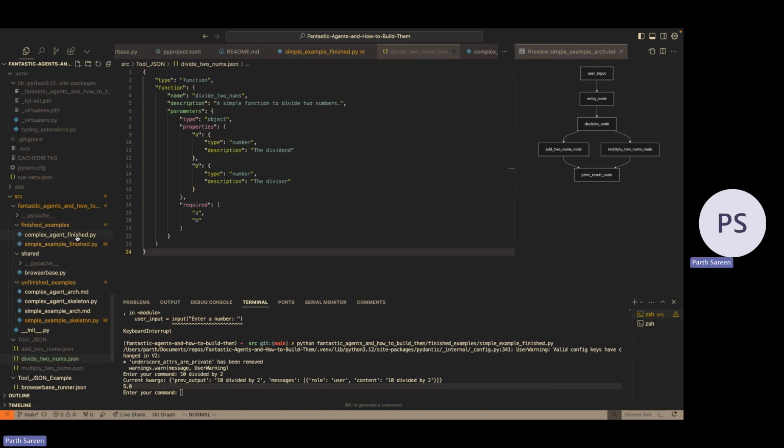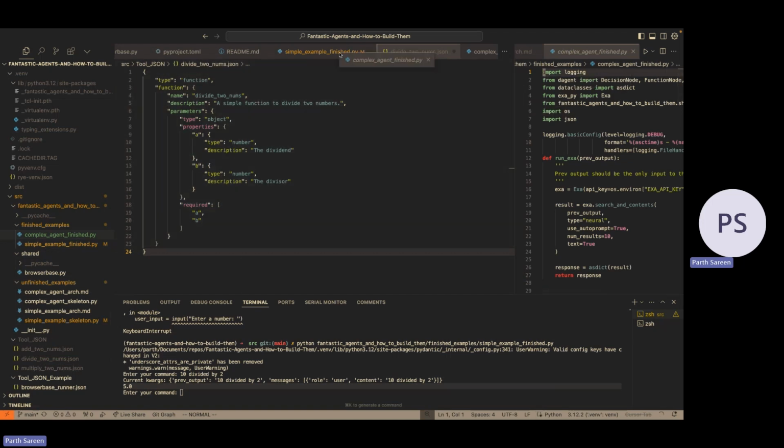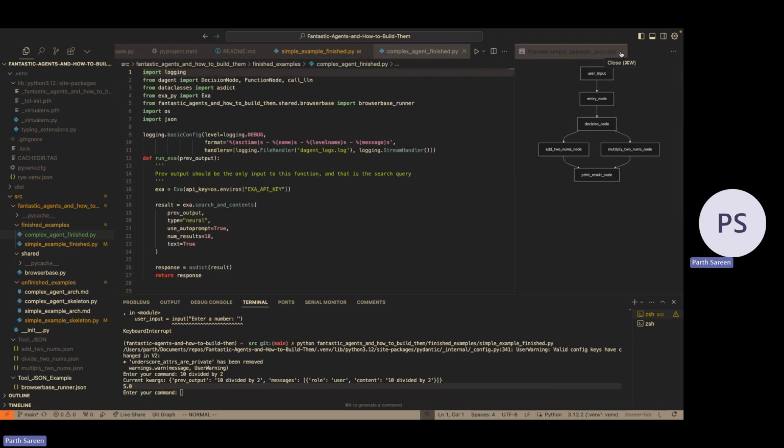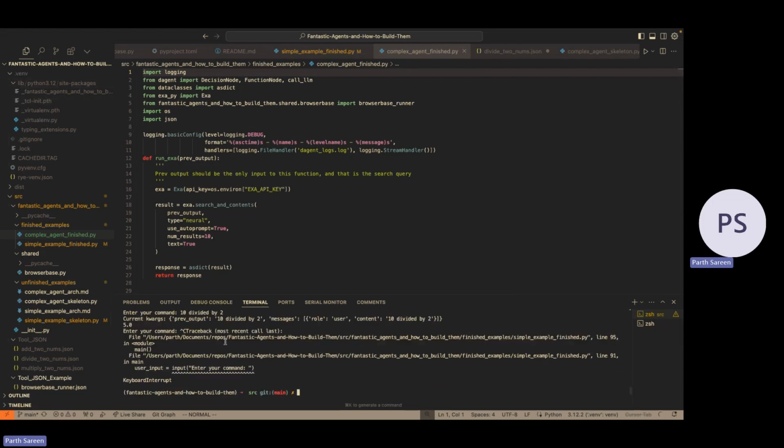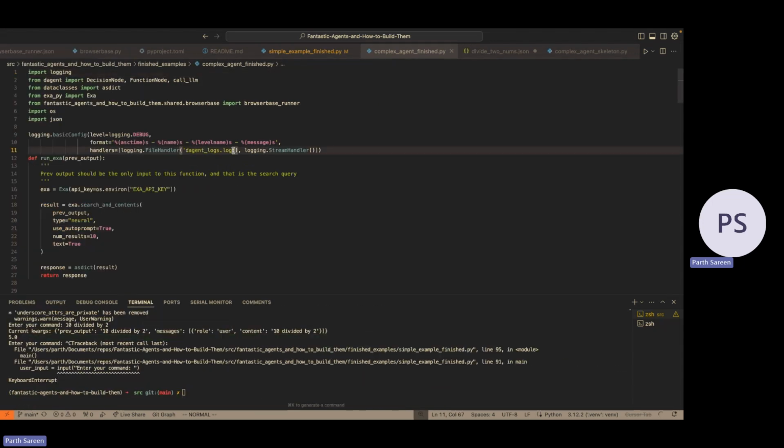Cool. I'm going to run the finished example, but I am not going to live code it because we are out of time pretty much. But it is pretty cool. And I do want you guys to see what are some things we can build with it because it's pretty neat. So you can also just follow along with the finished example or just look up here and see what I'm up to. So I do have logging enabled here.